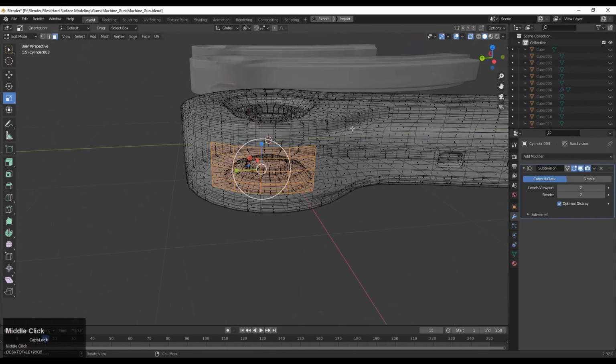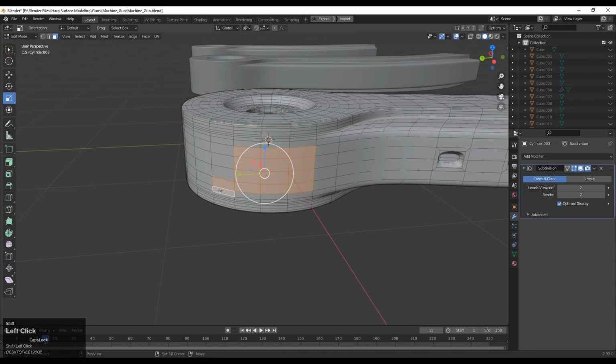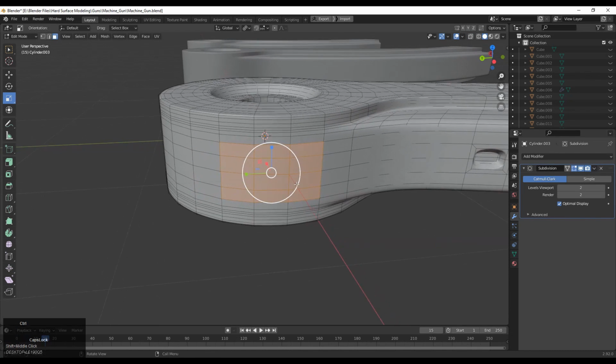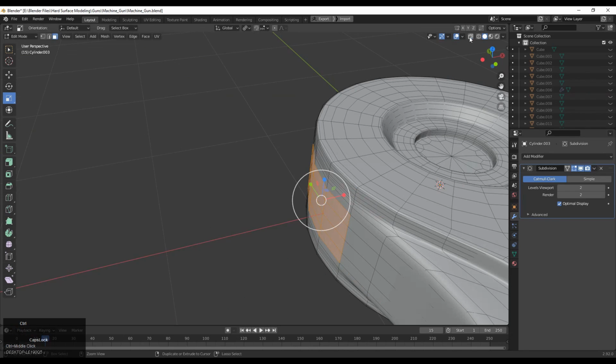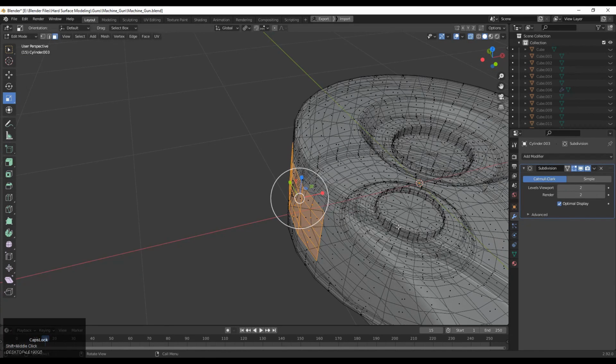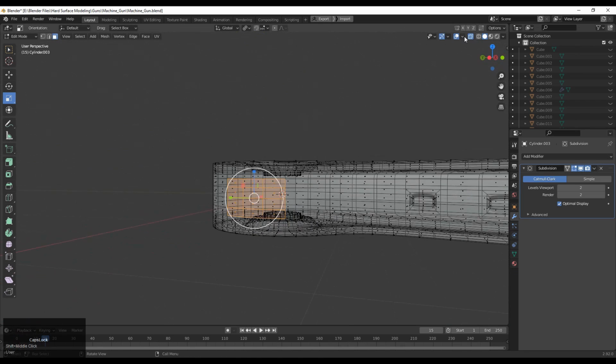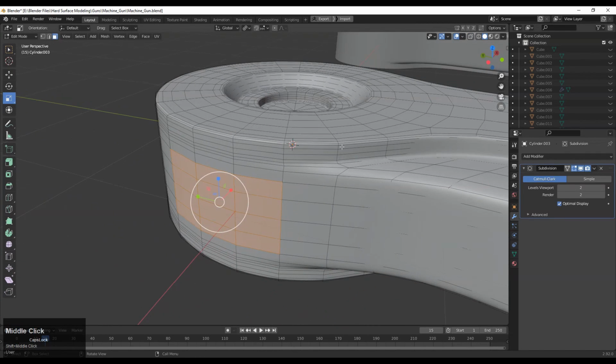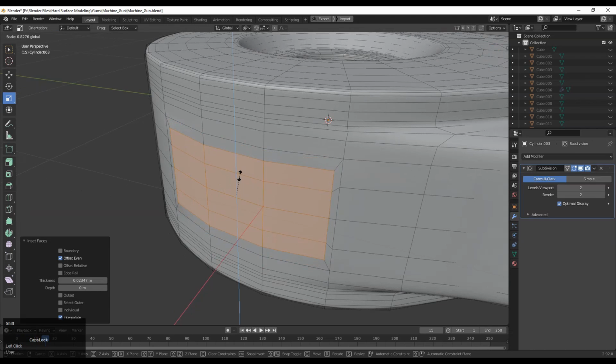You can see there are more loop structures, that's why I am able to create this part. There is more geo, that's why it's possible. With less geo, extruding something like this from the subdivision mesh, before applying the sub D modifier, is quite difficult. So that's why you should have a good amount of geo on your mesh. And create this little bit of part.